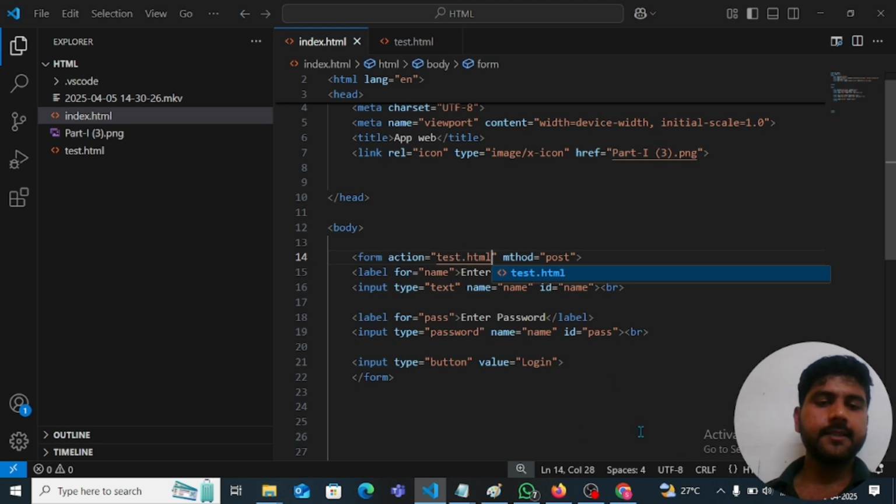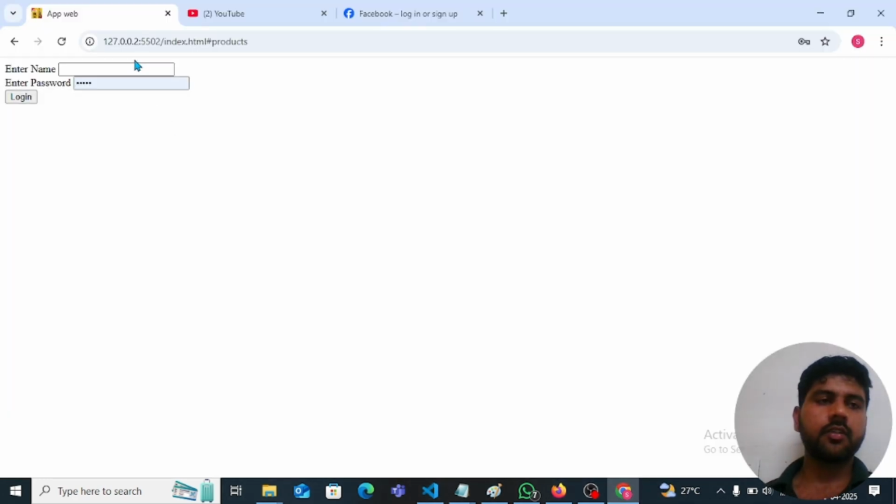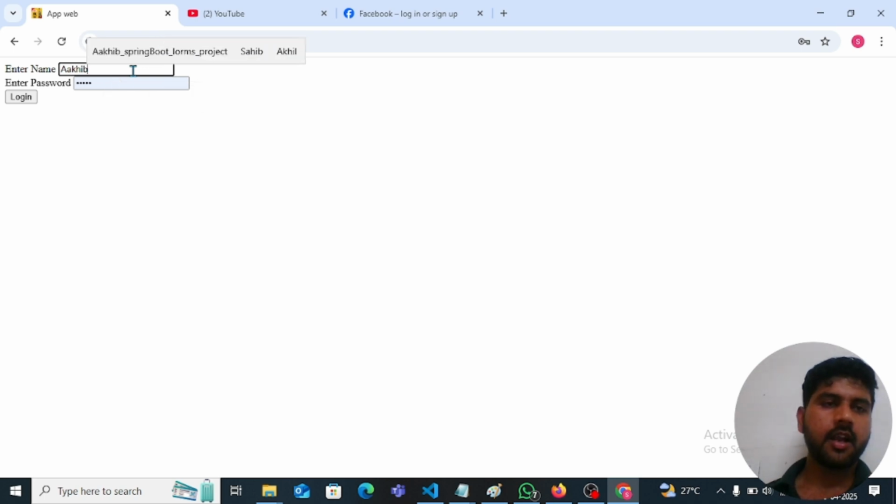Okay, and we'll go back to live server. We'll check for that. So here I'm entering some basic name, AAKHIB, and here I'm entering some password. I'll click on the login button. It is not performing any action over there. The reason is,